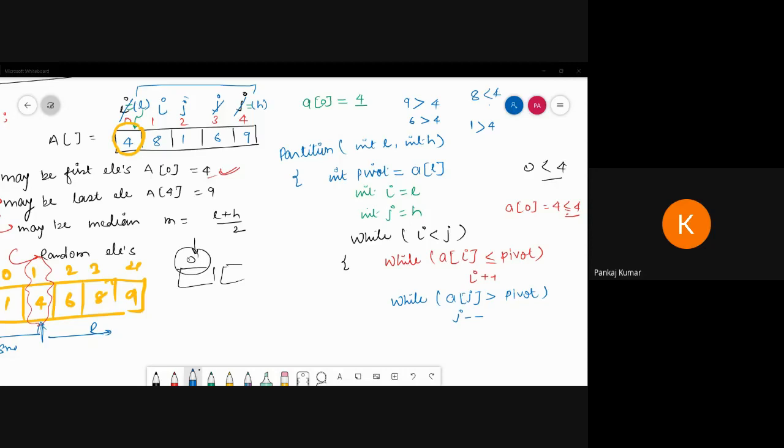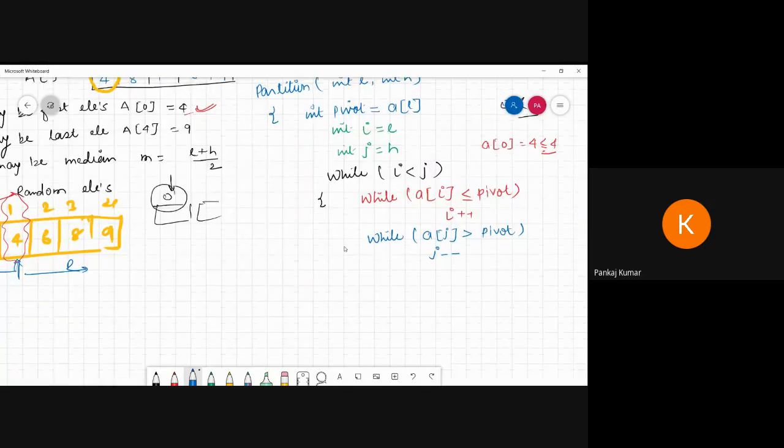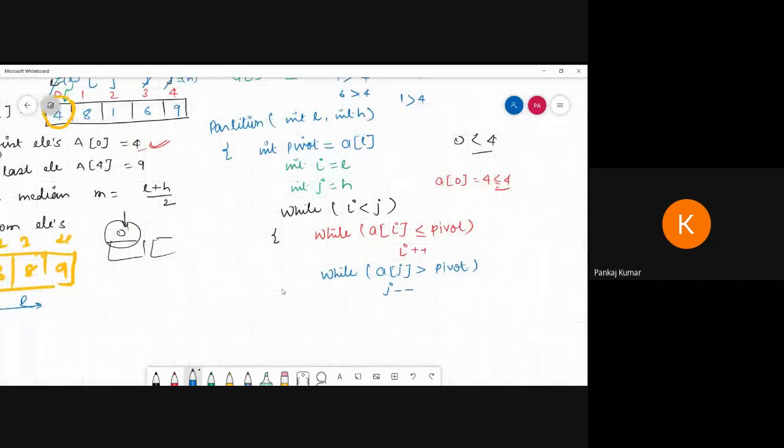Is it clear how j moves? Okay, now see, this is over. After that, since these things have happened, we have to write if. Now we can increase the i and j values. Then I'm going to check the i and j values: is it possible or not? We have to exchange or not. So now see,